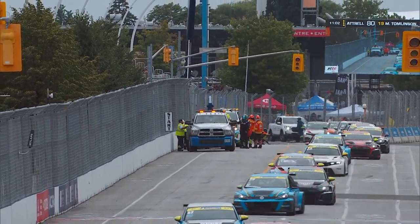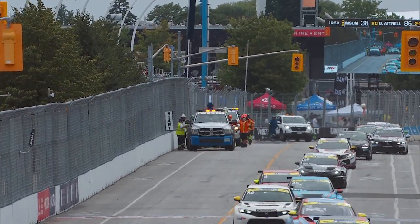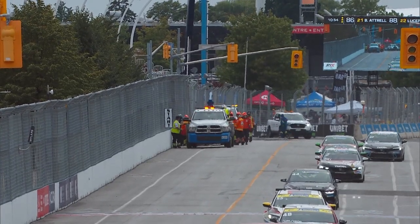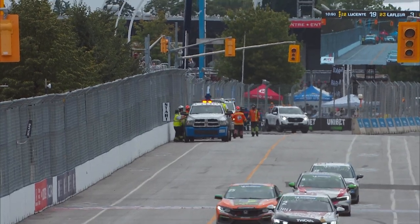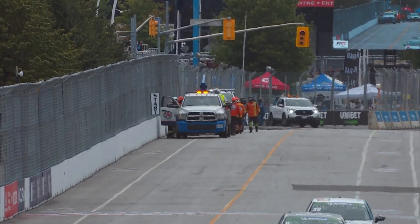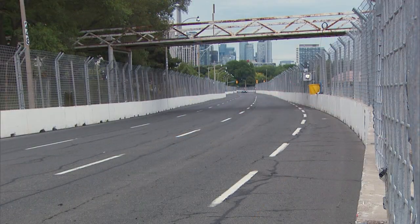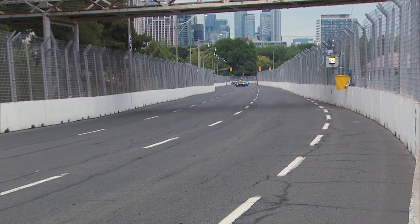He is out. That's good news. You can see him walking around, and he'll now assess the damage as the safety crew comes out, gives him the all clear, says it's safe to jump out. That's why the drivers don't get out right away, because it's still a hot track, and it obviously puts them in danger. So we've got just under 11 minutes left on the time clock, and we'll keep an eye on that for you